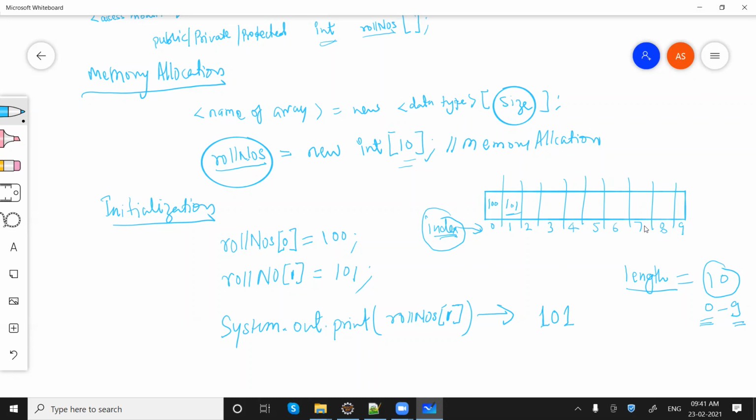So the lower bound is 0 and the upper bound is 9. If we go beyond these limits, we will be getting an array index out of bounds exception. That is, array index out of bounds exception we will be getting. Okay,